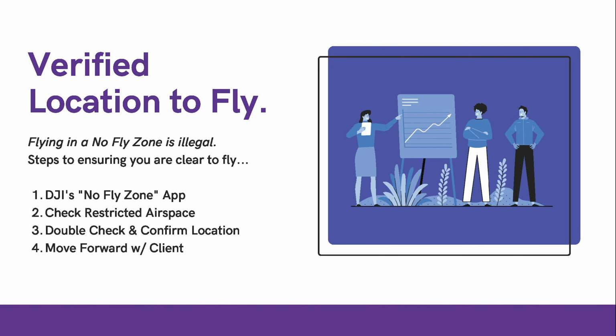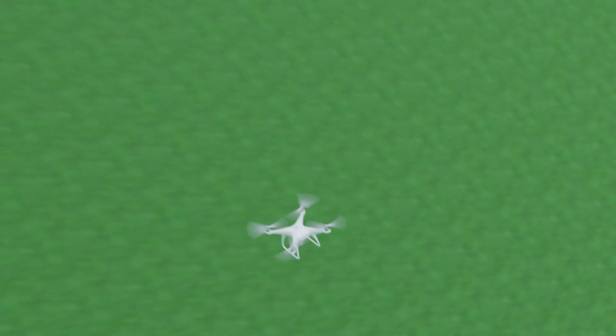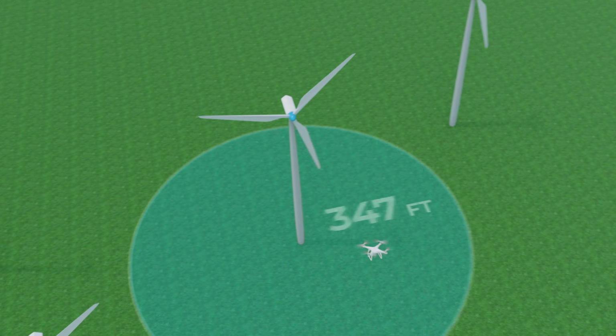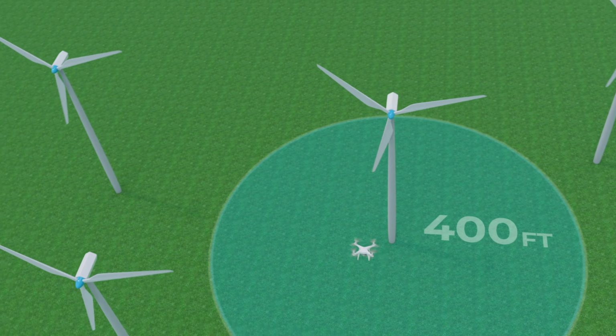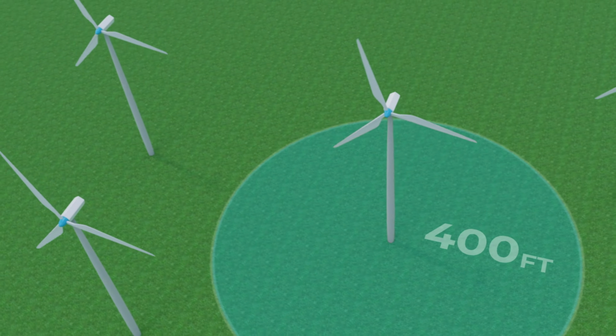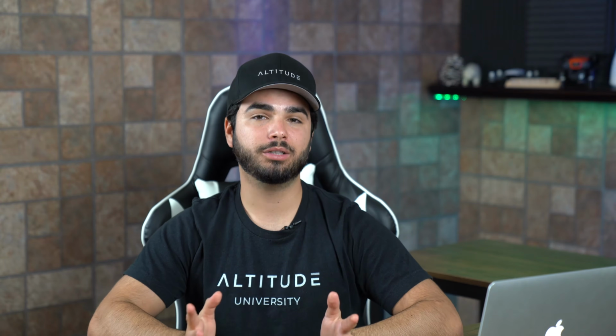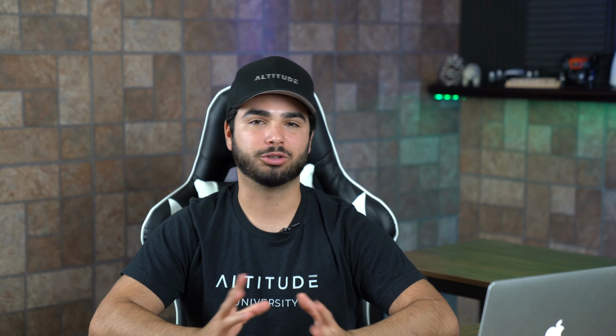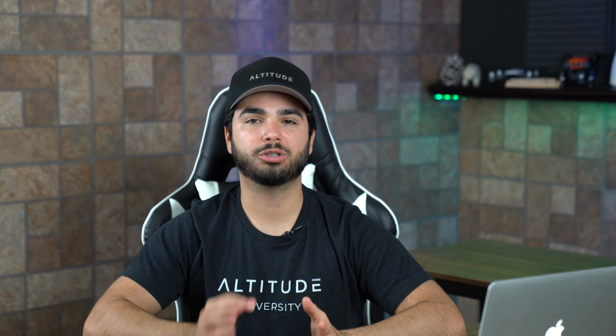Flying in a no-fly zone is illegal. No-fly zones are geographical locations that you won't be able to operate your aircraft in, you won't even be able to take off in. It could range from your close proximity to an airport or just an area that's kind of controlled by the airspace. You'll need to be able to do this research prior to the flight, and it's super simple.